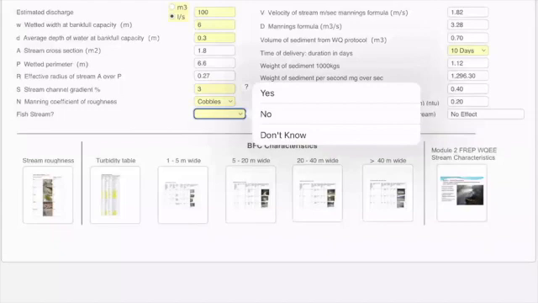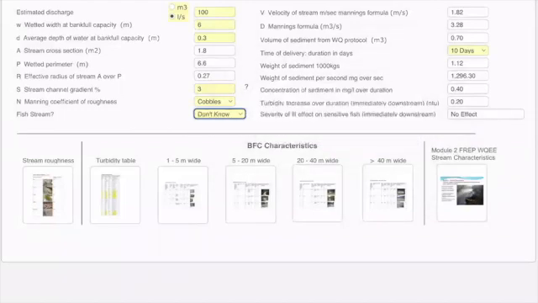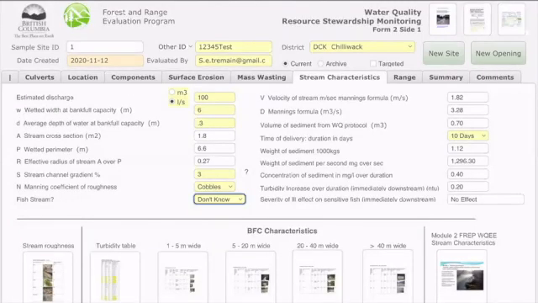We'll enter don't know. On the right column, you'll see the velocity of the stream has been calculated for you at just under 2 meters per second. The Manning's formula will calculate discharge at a storm event for you, which in this case is just over 3 cubic meters per second. The next field shows the volume of sediment from the water quality protocol,